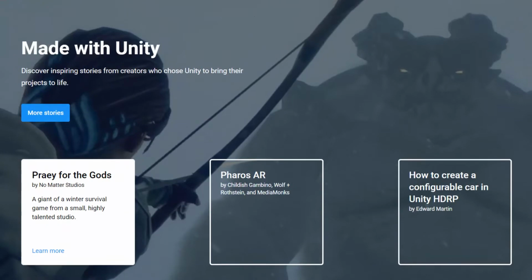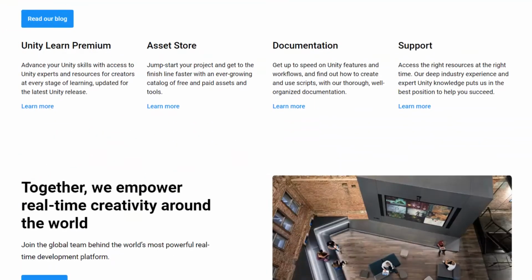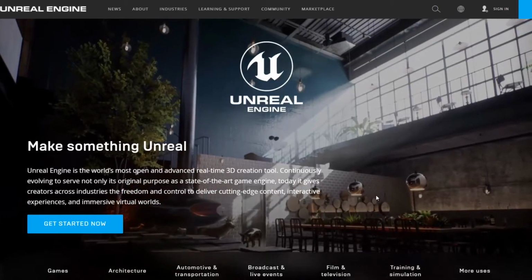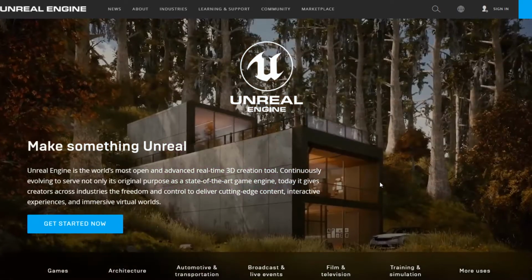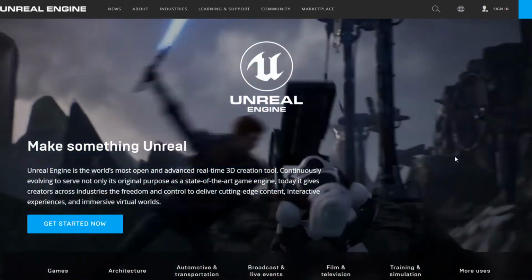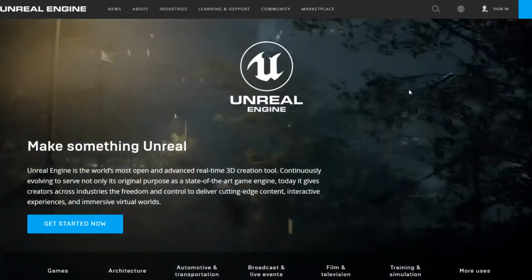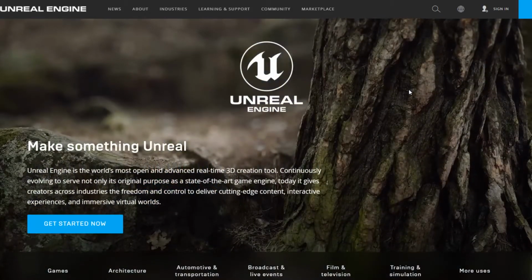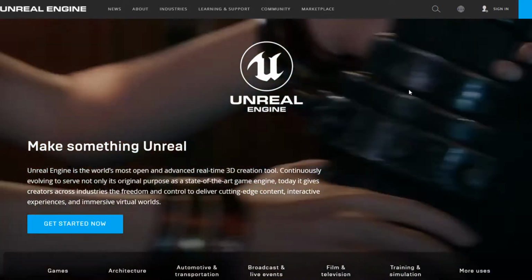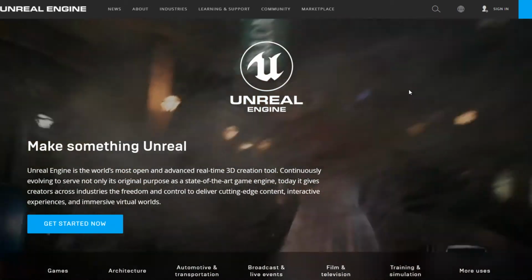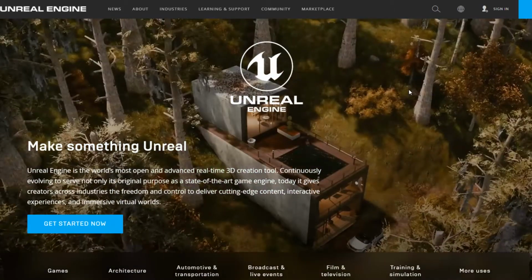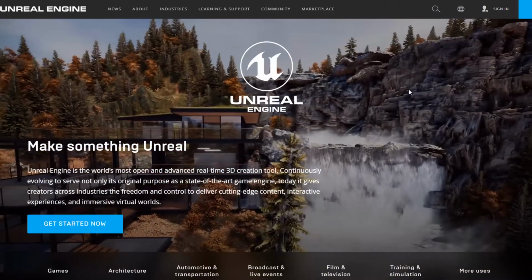There are some tools which make game development much easier, and you can publish it as well. The first one was Unity, and another one I'm saying is Unreal. These are two of the top platforms where you can make games. Unreal and Unity are actually game engines. You need an engine in order to make your game run, and these two game engines are the best ones. For example, as you can see, Fortnite, it's the best engine I can say, and it makes your life much easier, and you don't need to worry about how the game is going to perform. It has the best engine out there.